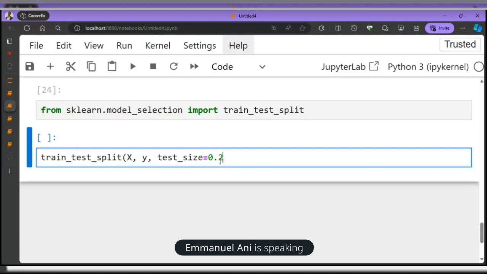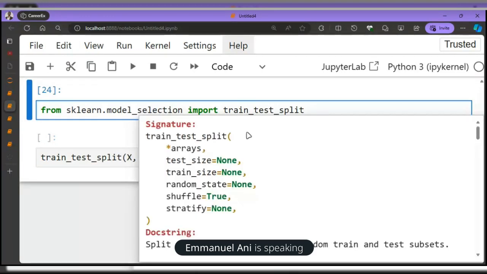So the test data set should always be smaller than your train data set. The advised range is usually 30% or 20% of your data set. For this, we'll be using 30%, which is 0.3. All right, and then we're going to say